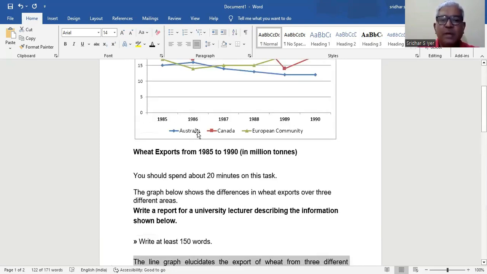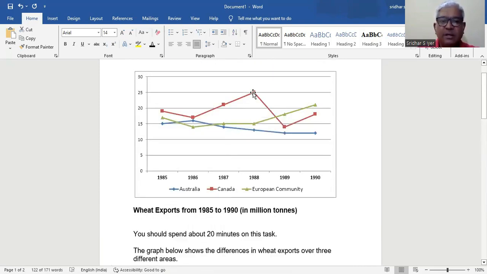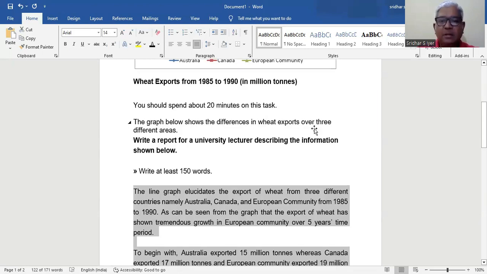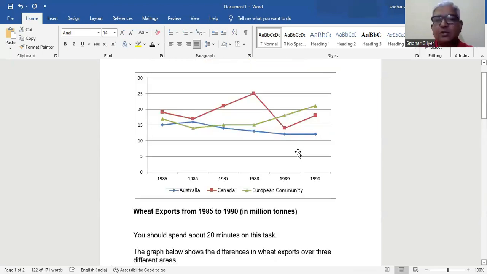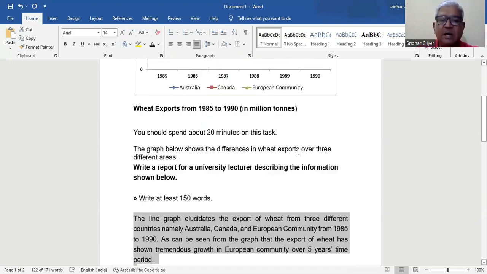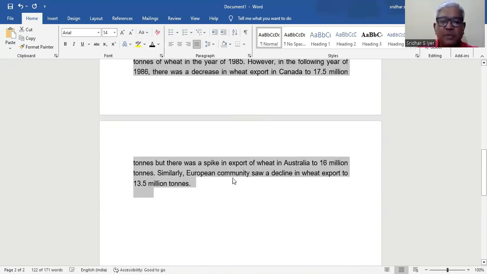Now I'm going to compare a few other things. If you see Canada, there is a peak in export and there is a slump in Australia. It's not actually a slump, it's a gradual decrease. Whenever there is a slump, it is a sudden fall. Okay. Now I will say,